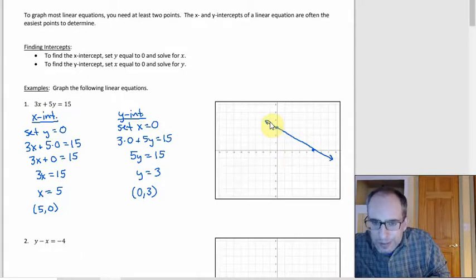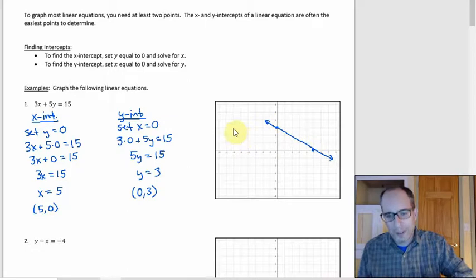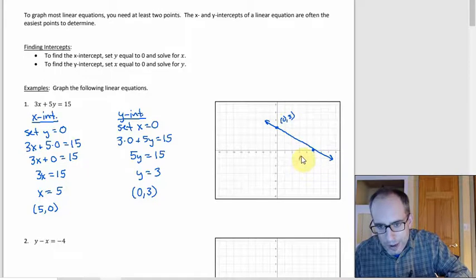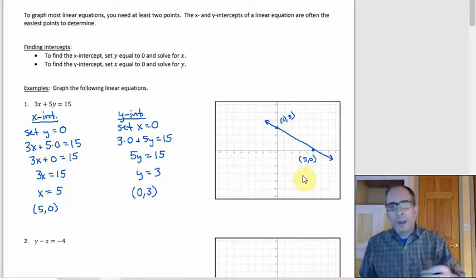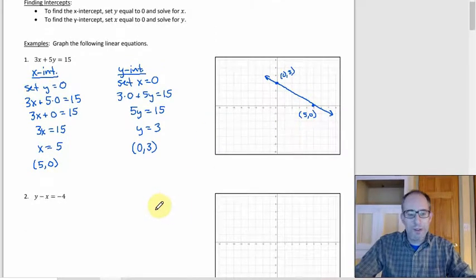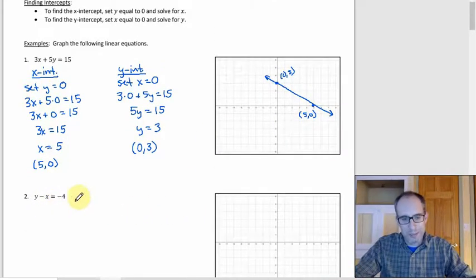Something like this, right? Because then here's 0, 3. And then down here was 5, 0. All right. Next one, I think I'd be doing kind of the same thing because this is basically still in